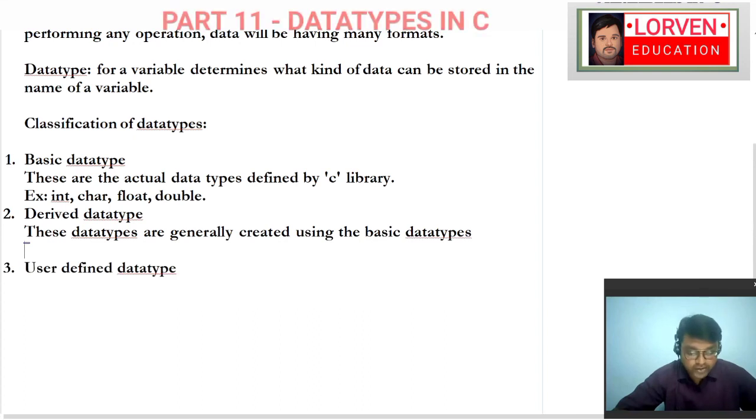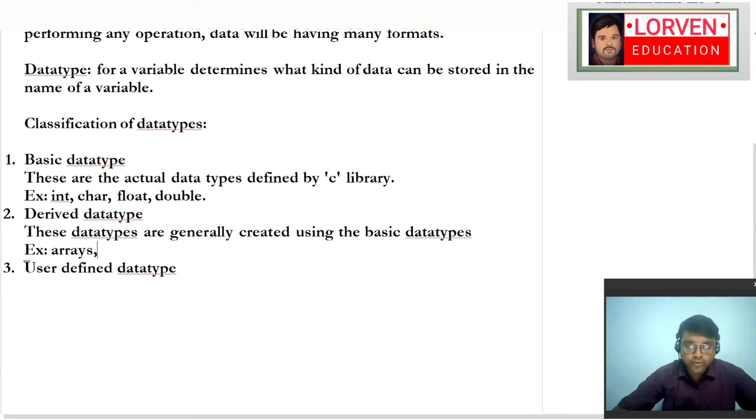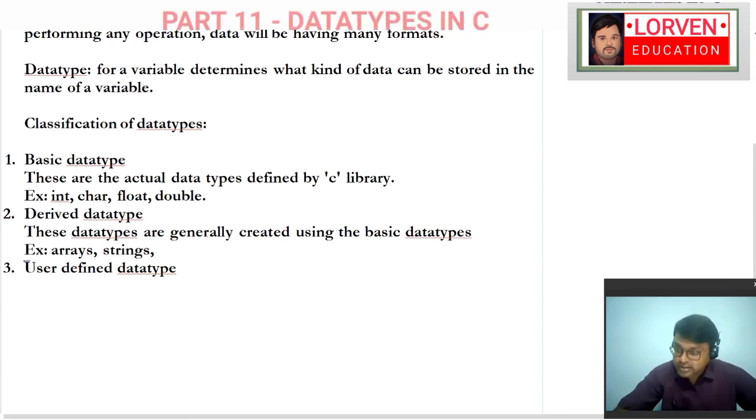If you take some examples, examples can be arrays. The extension of integers is called arrays. When we get into the real topic, we can discuss what an integer is and what an array is, right? Strings, the extension of characters, are called strings, and pointers is a different topic from where you will get lots of interview questions. Whenever we discuss the pointers topic, we will talk about how these questions are asked and how to answer each and every question asked about pointers. So this is the second type of data type called the derived data type.